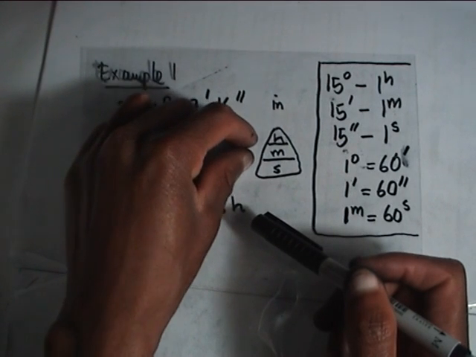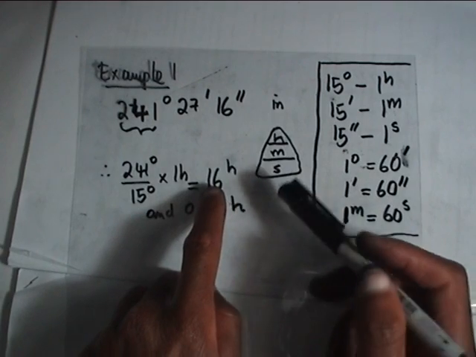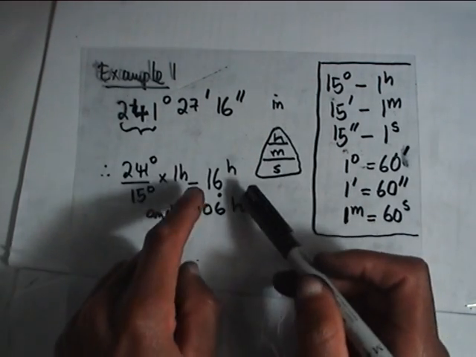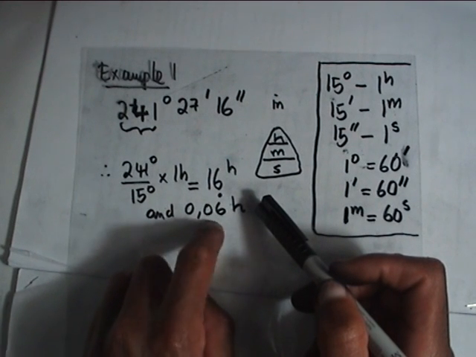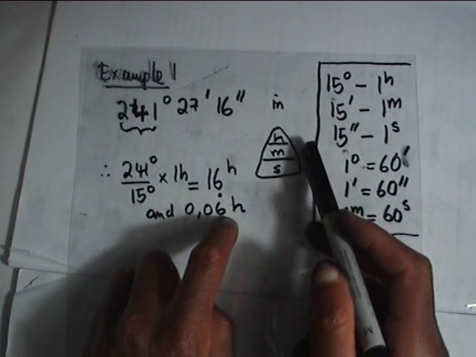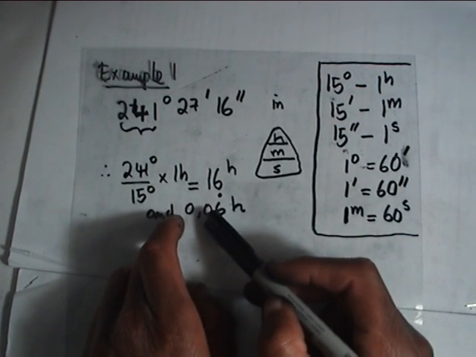If it does not make a full minute, it will fall under seconds. So that's what happened here, where there were 16 full hours, well and fine. But these 0.06 hours, they are a 0 point, which means they are a decimal of an hour, which means they are minutes. They are going to be minutes. So let's convert this